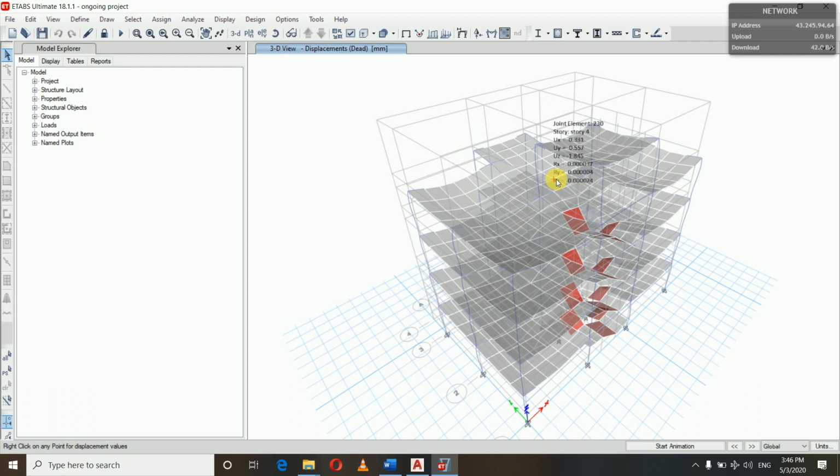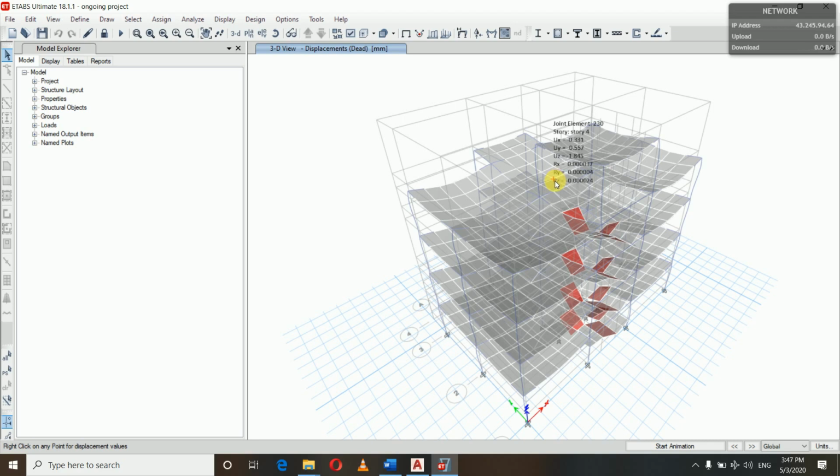So that is the center of mass. And the center of stiffness or center of rigidity is that point through which the building resists the lateral force. It is the point through which the lateral force passes.